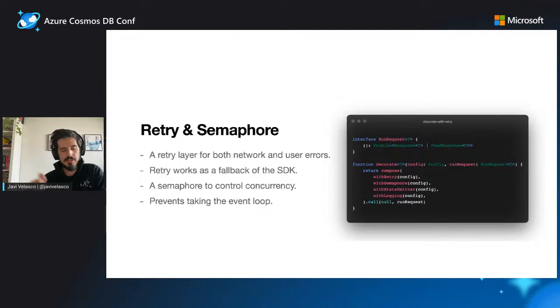We also have a layer that adds a semaphore in front of all of these requests. And this is going to help us making sure that we don't take the event loop. It helps controlling the concurrency, how many operations are going to be running at the exact same time. If we do, for example, a promise all with thousands of operations at the same time, we will make sure that we are not taking the event loop and we are not running a lot of operations in the exact same millisecond. With this, we complete all of the decorators that we have in front of every single operation, but